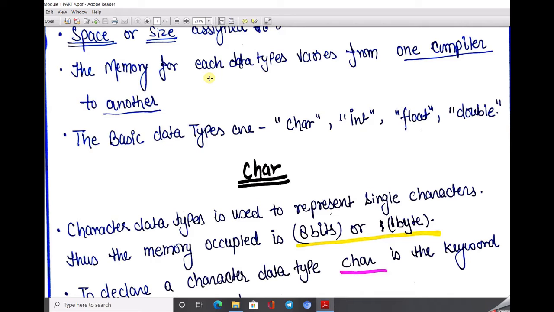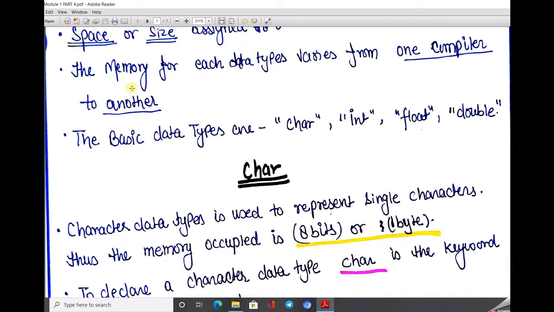Like one mobile and another mobile have different specifications. Someone has 4 GB RAM and 128 GB ROM, and someone has maybe 6 GB RAM and 128 GB ROM and so on. Similarly in the case of the C programming language, different kinds of compilers provide different amounts of memory space to the different variables. So according to the compiler, the programming language decides what is the minimum range of the data types and what is the maximum range of the data size.